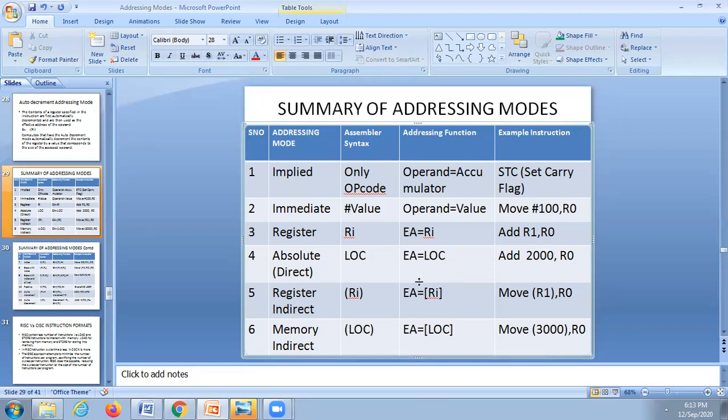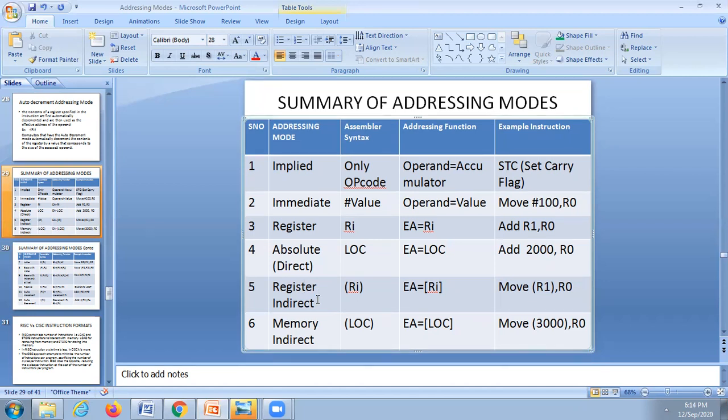Then register indirect addressing mode. Whereas in the earlier example we gave add 2000 comma R0, this 2000 address is to be stored in some register. It is called register indirect.